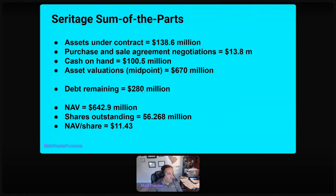Now, it has $280 million worth of debt. So if I add all 4 of these numbers on the top, and then subtract the debt, you get a net asset value, theoretically, of $642.9 million. Divide that by the total number of shares outstanding of 56.268 million shares, and you get a theoretical, again, theoretical being the key word, net asset value of